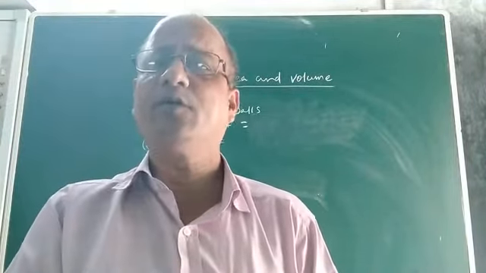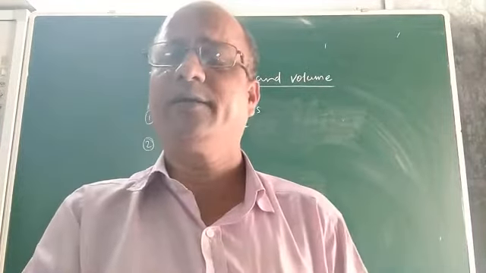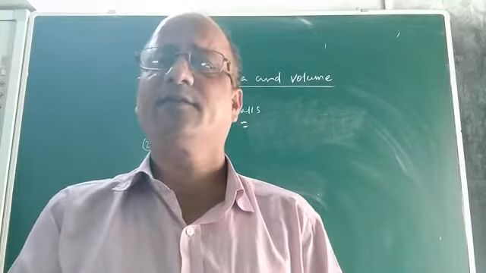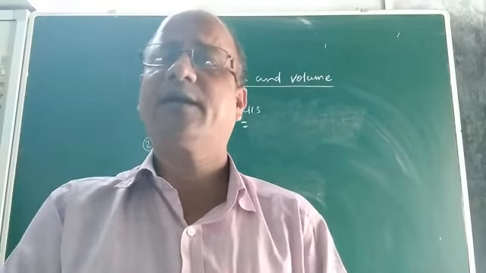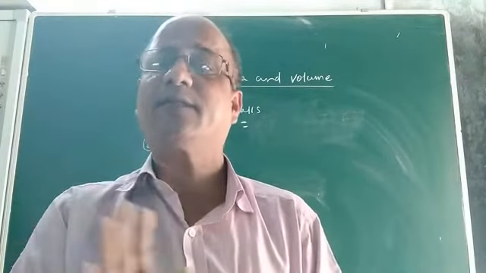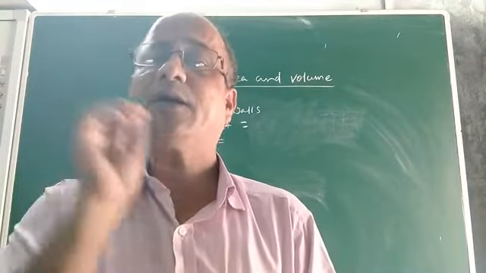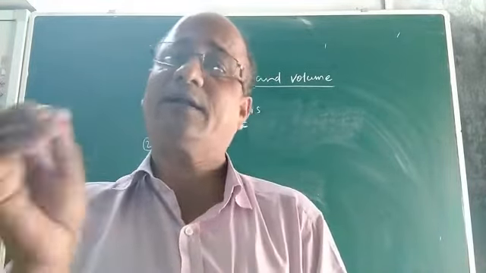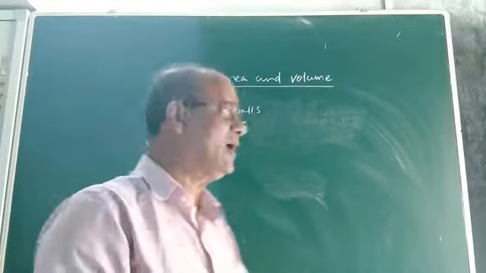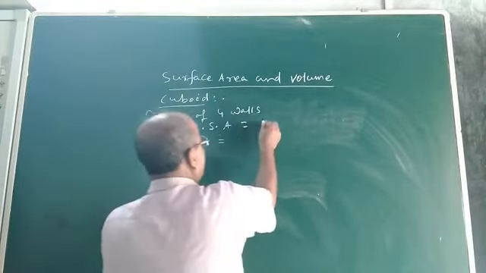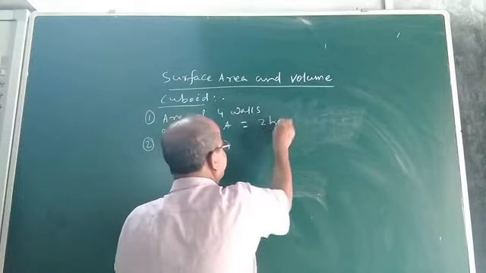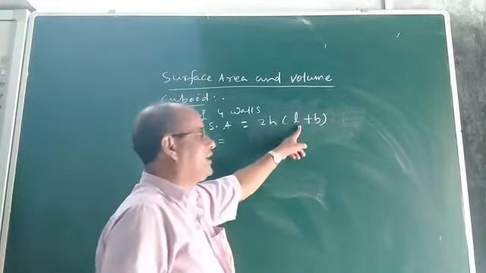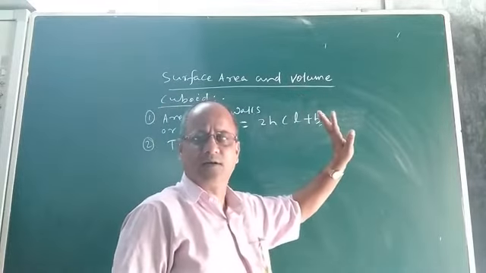Let us talk about the cuboid. Children, you know what a cuboid is. The room itself is a cuboid. Although there are 6 surfaces, all are rectangular, you know. There are 4 walls in a cuboid. Now what is the formula to find the area of the 4 walls? The area of 4 walls is the same as the lateral surface area. So what is the formula? The formula is 2 into h into (L plus B), where h is the height, L is the length, and B is the breadth of the cuboid.